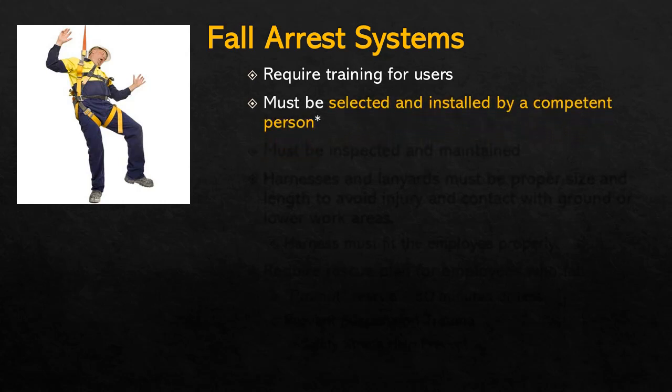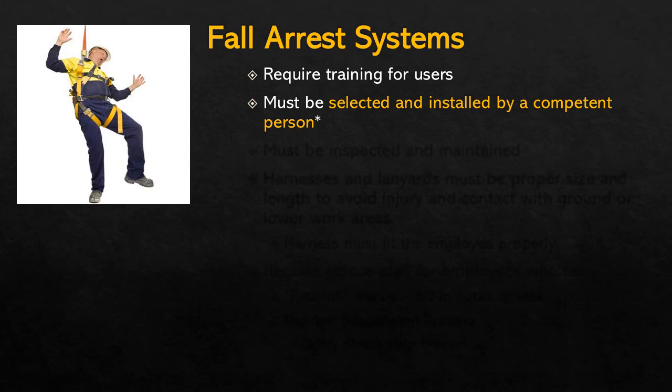The fall arrest system equipment must be selected and installed by a competent person. And there's a statutory definition of what a competent person is in the OSHA standards. Basically, it means someone who has the training and knowledge and experience to be able to recognize what's feasible, what's not, how things are supposed to work, what are some of the signs that a system is not working the way it's supposed to work. So being a competent person, again, it's not like a certificate program or anything like that, but it's a performance-based standard where, based on your training, knowledge, and experience, you can assess whether a personal fall arrest system is being